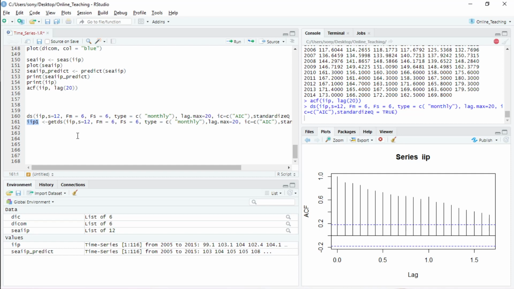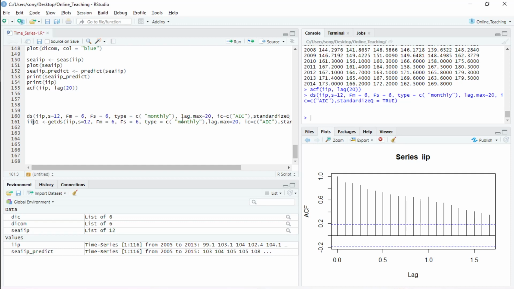Since we need the deseasonalized data, I can cancel it now and run this function again. I don't know what the problem is. That should run, because there is no problem. See, monthly, okay, I don't need this one since I have already mentioned it.